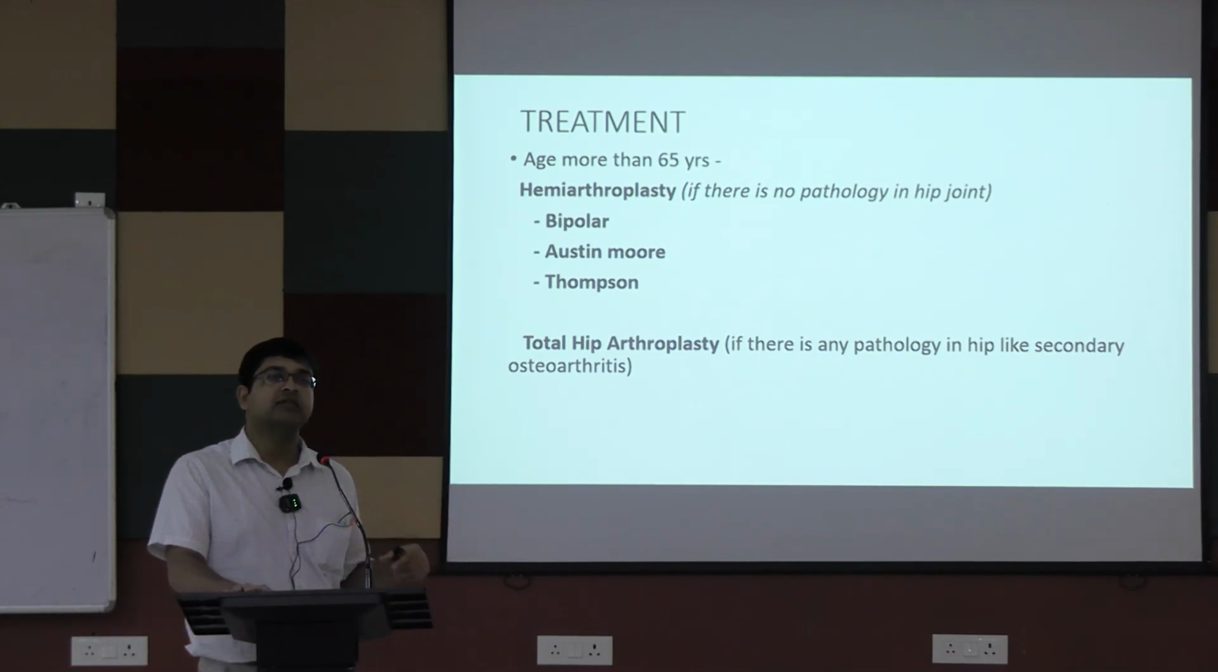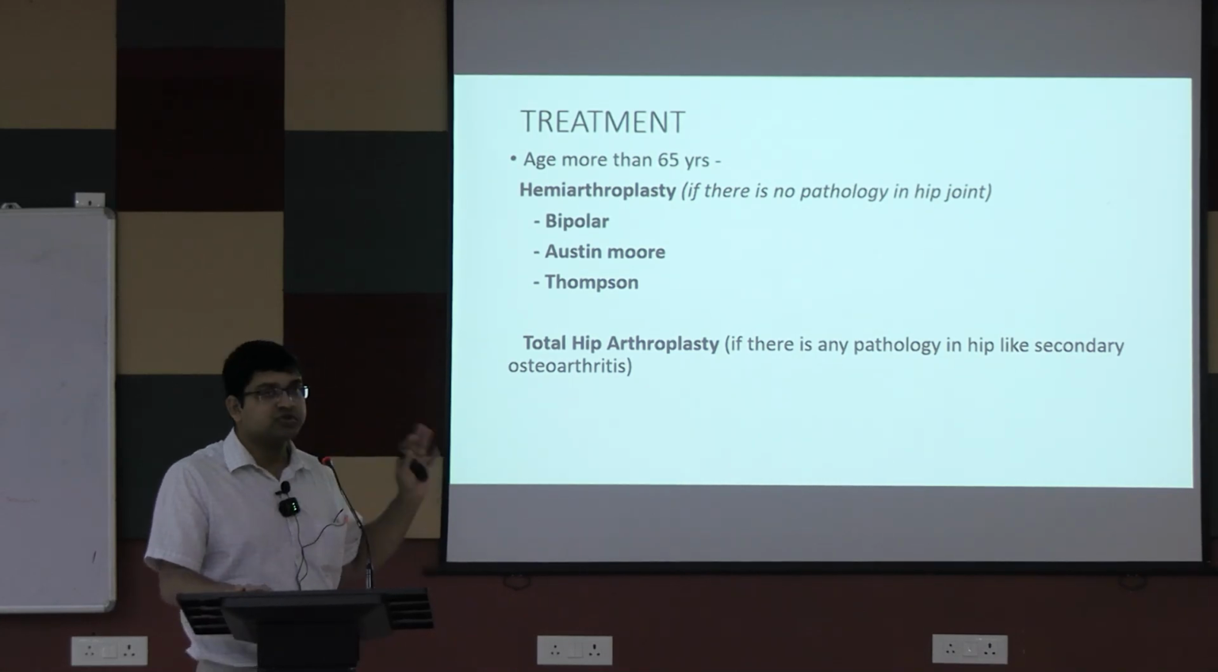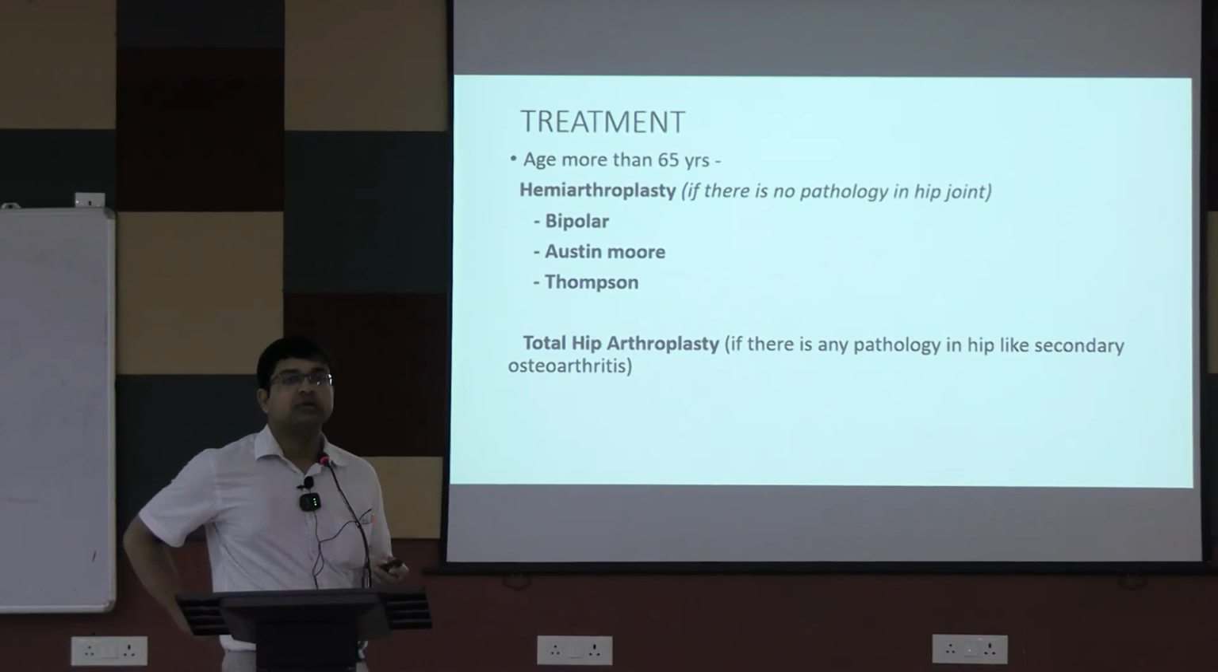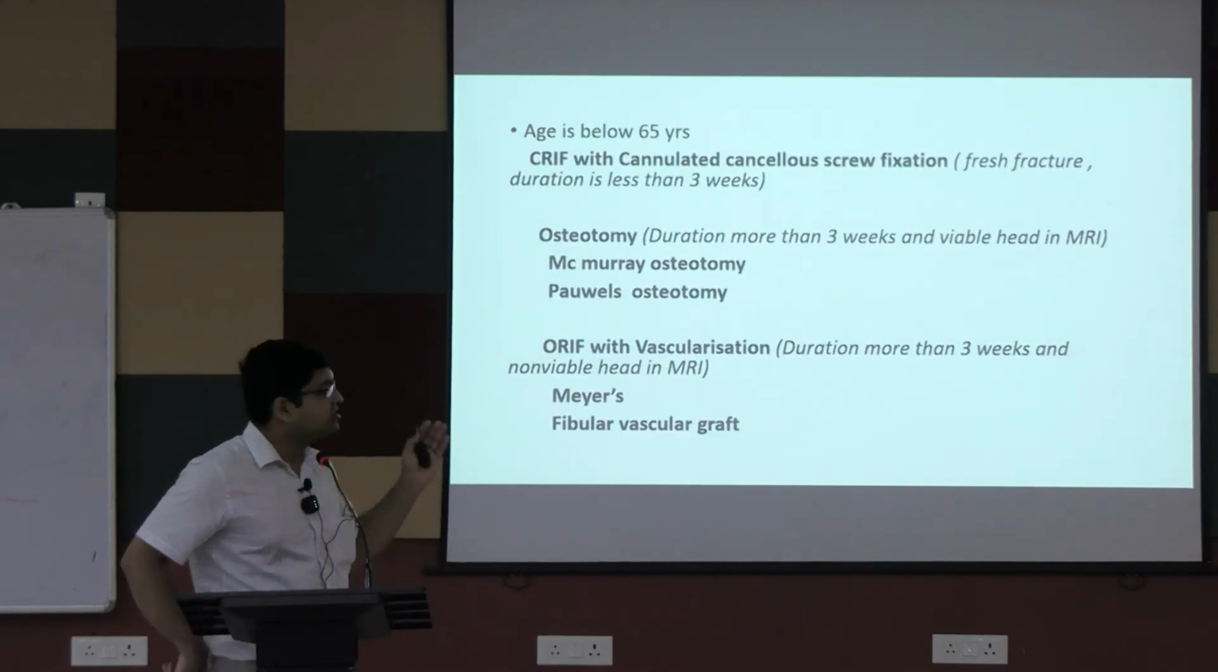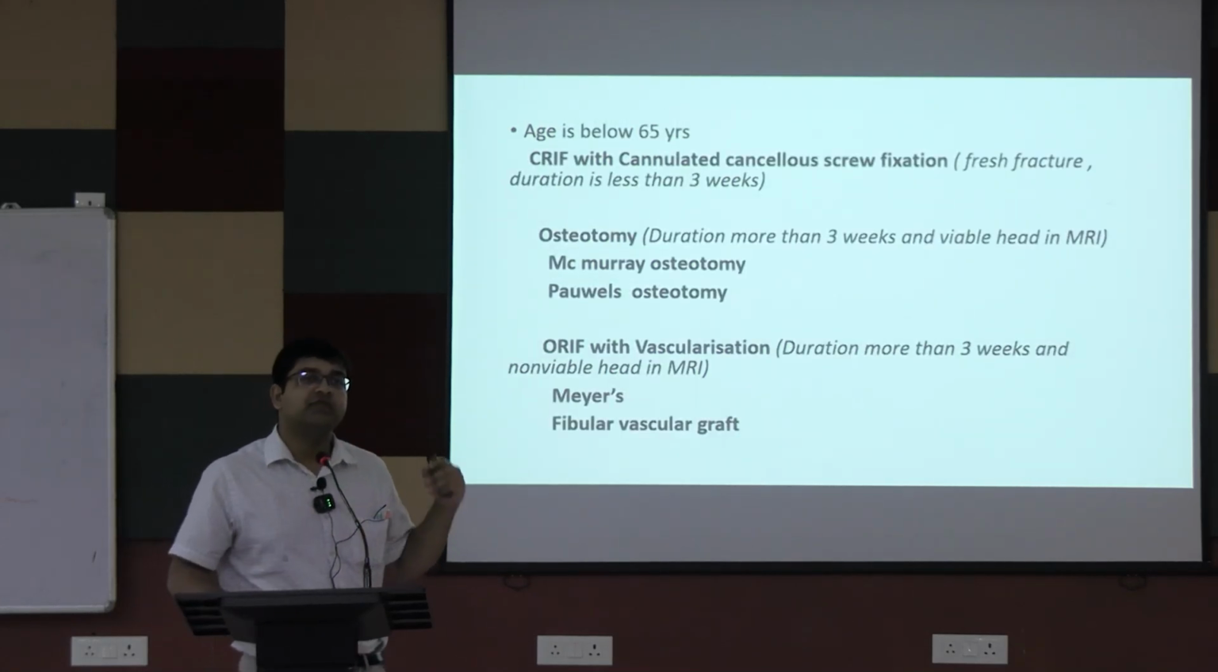You have to remove the femoral head and you have to also insert a new acetabular cup. ঠিক আছে, 65 বছরের উপরে হলে স্ট্রেট কাট কি করতে হবে? আর্থ্রোপ্লাস্টি, হেমিআর্থ্রোপ্লাস্টি অথবা টোটাল হিপ রিপ্লেসমেন্ট। আর যদি 65 বছরের নিচে হয়, if it is a fresh